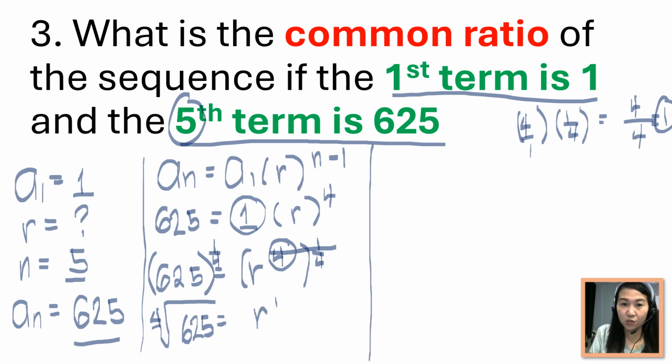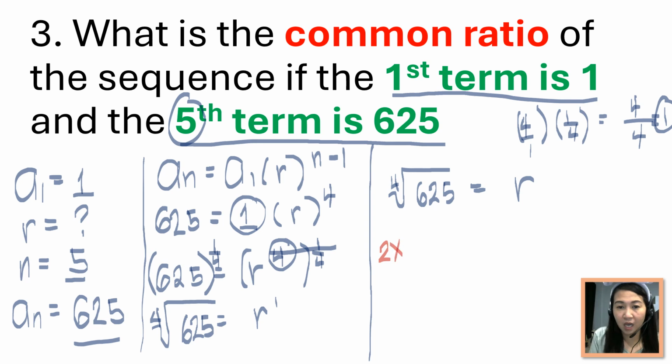Okay, so to continue, we have the 4th root of 625 is equal to r. So what are you going to think again? What is the number that you can multiply 4 times to itself will give you an answer of 625? As the technique that I have mentioned, if you don't memorize all the perfect squares, the perfect cubes, you can start with the lowest number. So I will start with 2. So I will multiply 2 4 times to itself. Let's see if it's 625.